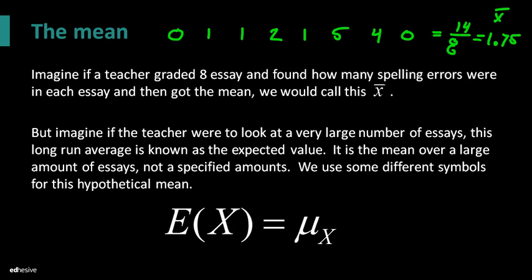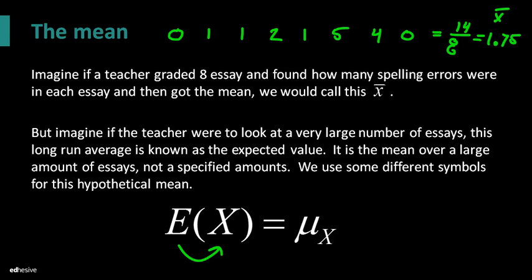We use 2 different symbols. It's up to you which one you want to go with. I'm going to tell you which one I prefer though, but we use the E for expected. We say, what is the expected value for X, right? This does not mean E times some value X in parentheses. No, this is just a notation. We're saying, what is the expected value for the random variable X? So this is basically saying when a teacher opens up an essay to read, how many errors will she expect in that essay? And that is looking at something that has come from a long amount of essays. Not just looking at one essay, but what she wants to know is what does she expect